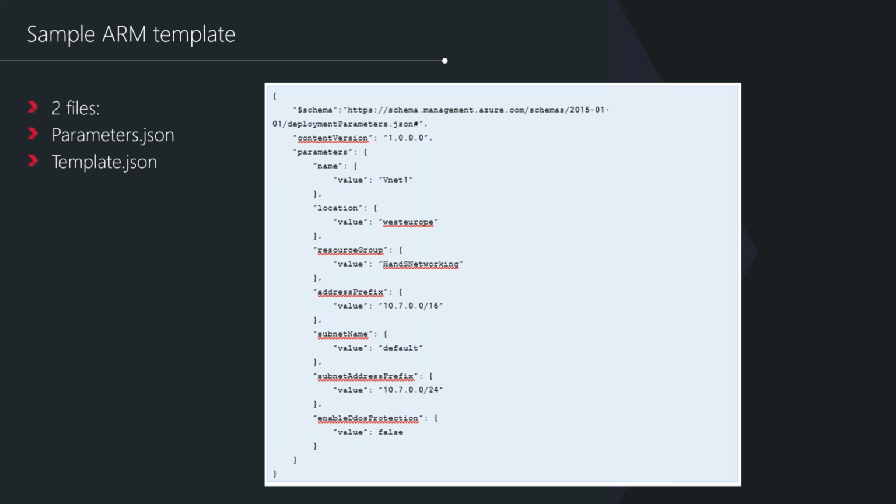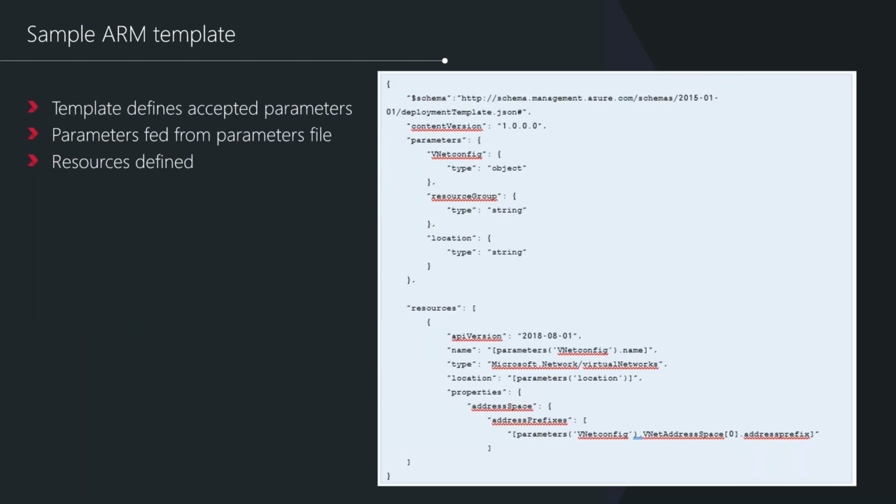Yes or no, basically on that. So I define the values that I want for my resources in a parameters file, and then I feed the parameters file into my ARM template. So when you deploy the ARM template, it asks you for those two files. It will ask you for your parameters file for this deployment, and it will ask you for the ARM template for this deployment, and it will automatically feed the parameters file into the ARM template for you in terms of